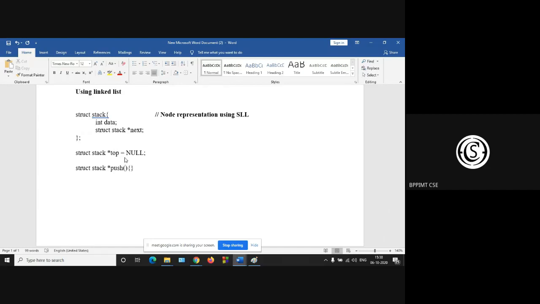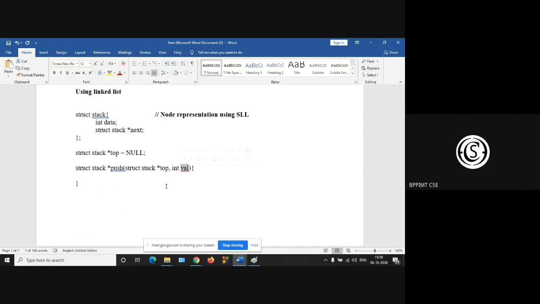Okay, and stack, your top and the inserted value. Okay, now what should we do? You have to push the value. This value you have to push in every step to your list, to your stack.